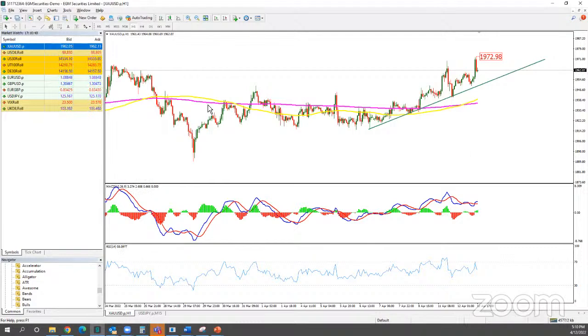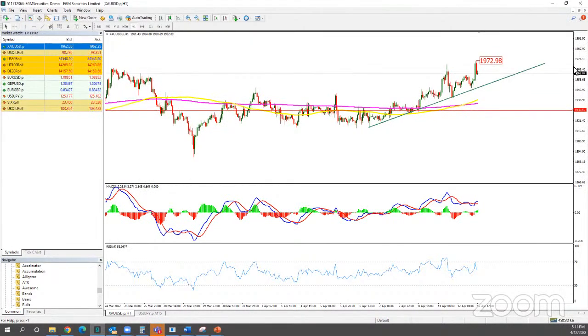Now your stop loss, if I'm a buying trader, I would put it definitely somewhere around this area, which is near the 1930. So that's quite a different $30 mark. So my target could be the double, which is almost the 2000 mark. Is it a valid setup for us?